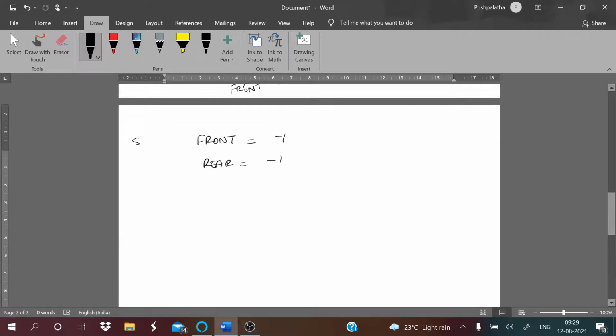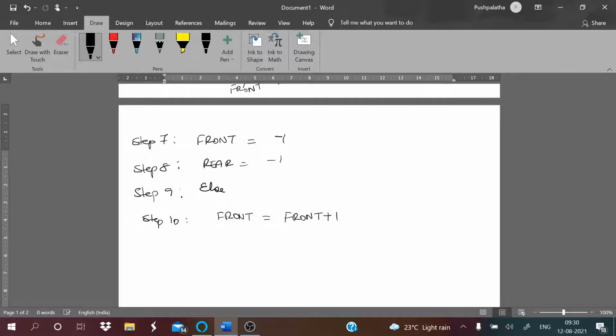So this is your step 7, step 8, step 9 is else. If it is not, front is not equal to rear. Front is equal to rear only when there are no elements in the queue, or else it is front is equal to front plus 1 and you stop.